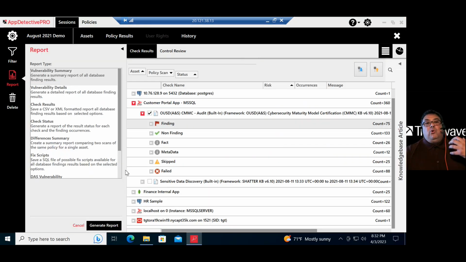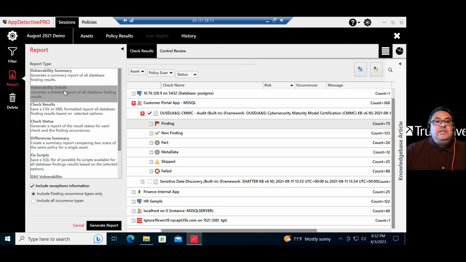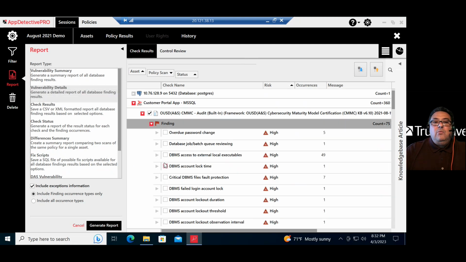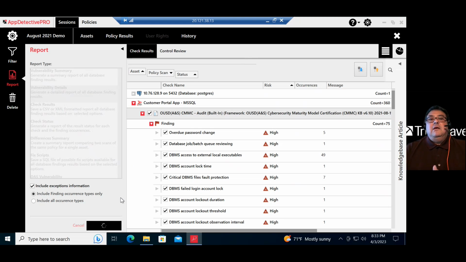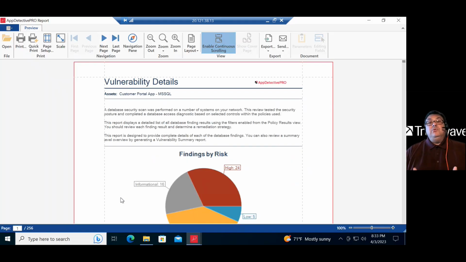So the summary report is usually for management or the security operations team. The details are certainly what is needed when we are talking about giving this report to the